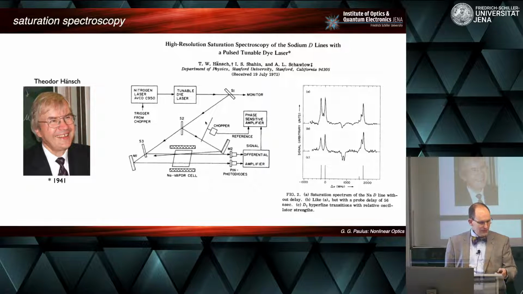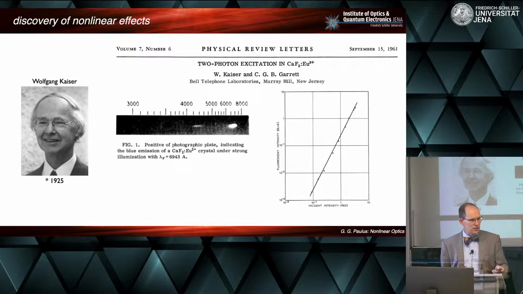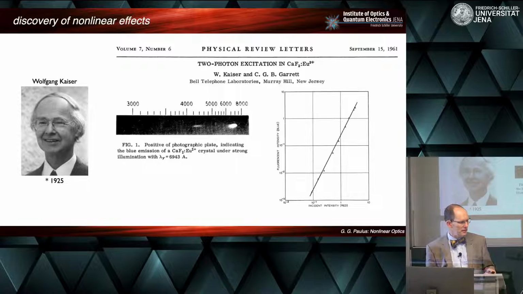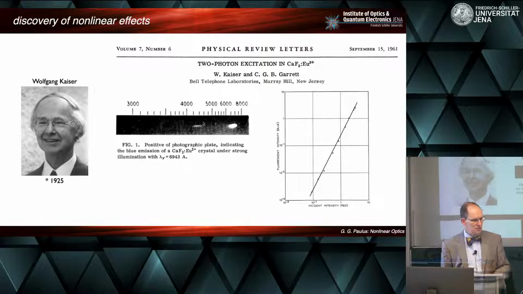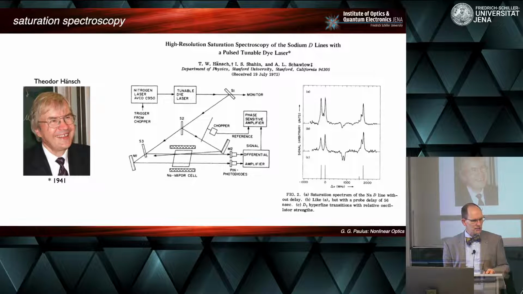Okay, well, actually one of the earlier examples that I have shown, namely two-photon excitation, so one of the first nonlinear effects to be discovered by Wolfgang Kaiser and others. This was two-photon excitation, actually, so this was a non-parametric process. Two photons were used in order to transfer population from a ground state to an excited state. Of course, second harmonic generation is a parametric process in contrast. And